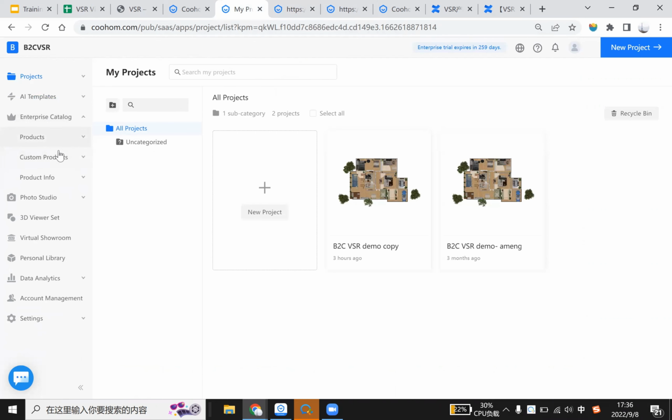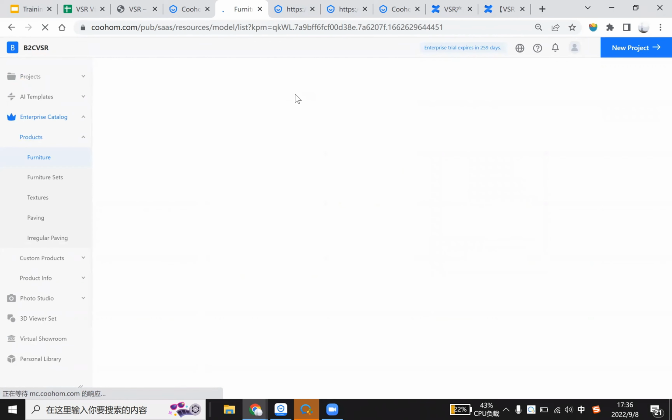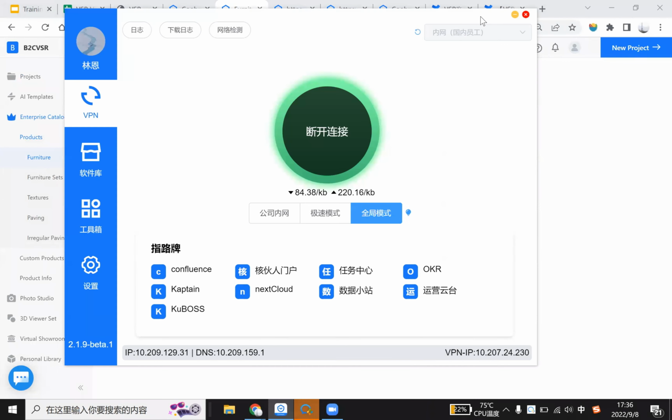So the first process is that you will need to have your own models in our Coohom backend. If you don't have, you could ask our Coohom model building team to provide the service to build the models. And if you do have,